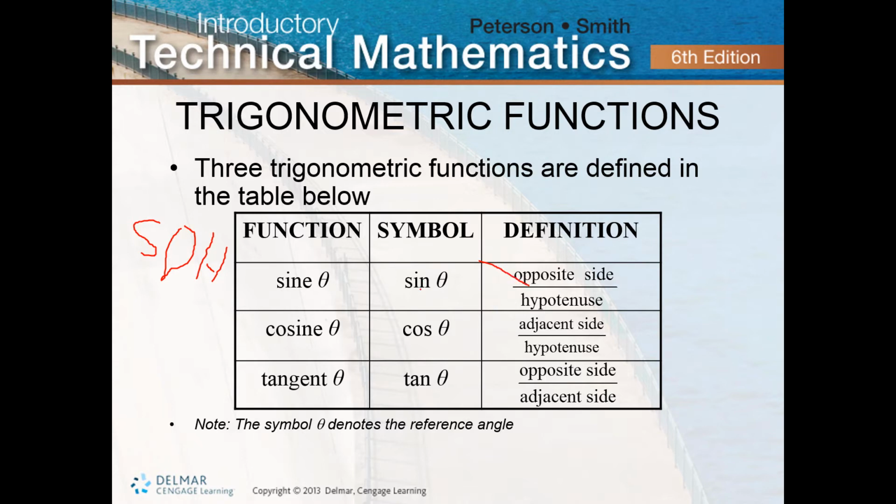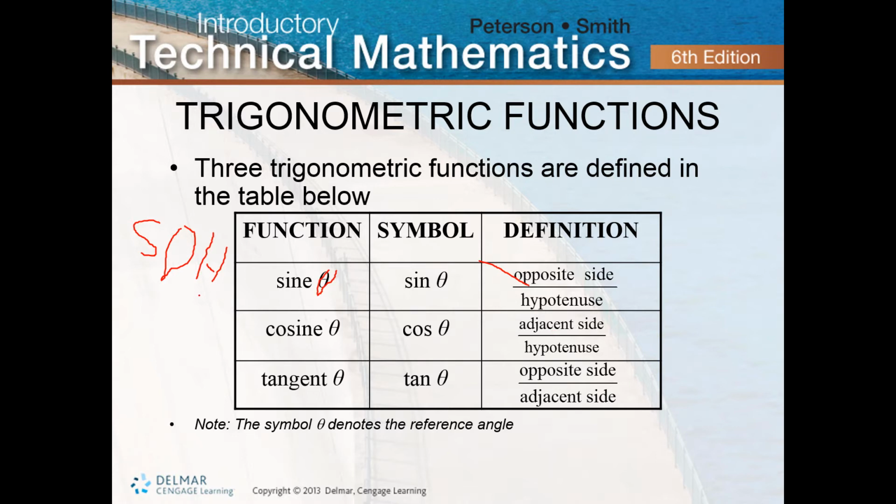It is the sine of theta, theta being this Greek symbol here. The sine of theta is equal to the opposite side over the hypotenuse. The opposite side in relation to theta, which is the reference angle. Okay, so it's opposite over hypotenuse. Cosine, abbreviated as COS,